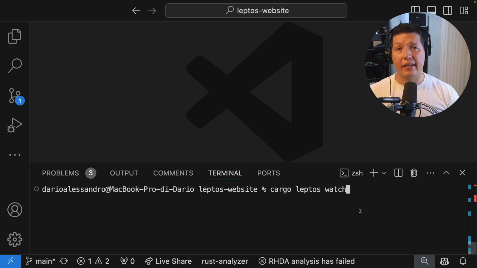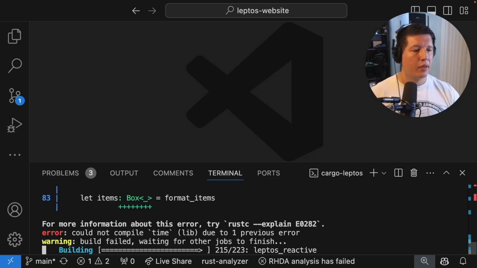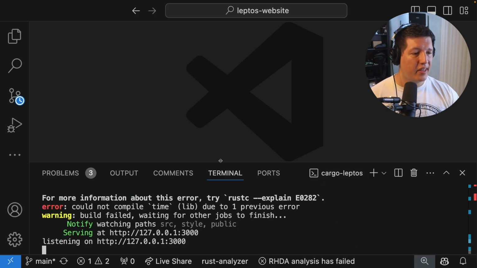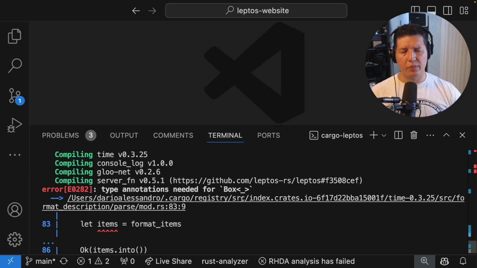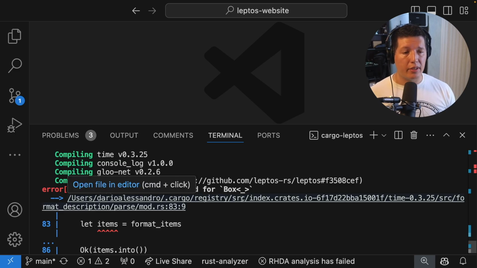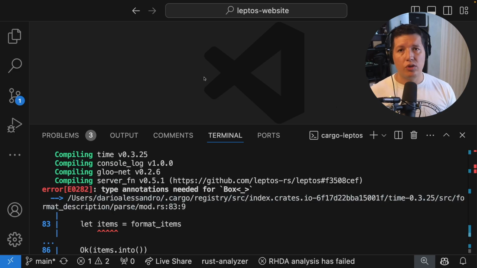Now I'm going to show you the errors that I face in production every day. I'm going to use the Leptos website as an example, not to pick on them or anything, but you'll see what I'm talking about. Will it compile? I don't think so. Boom. So right off the bat, we start with a compiler error. We cannot compile the time package, which is very suspicious because when you create libraries, the first thing that crates.io does is to test that your crate compiles.